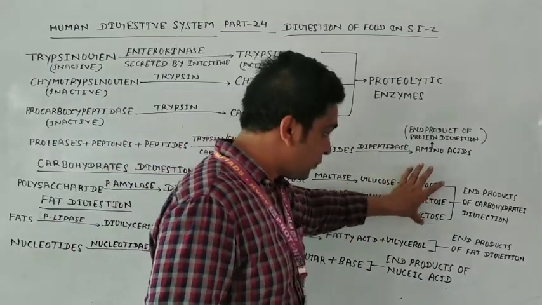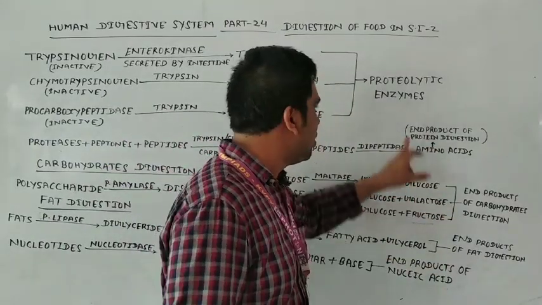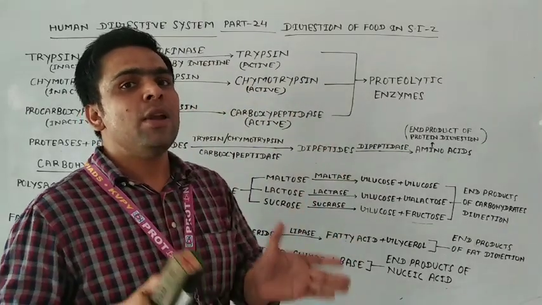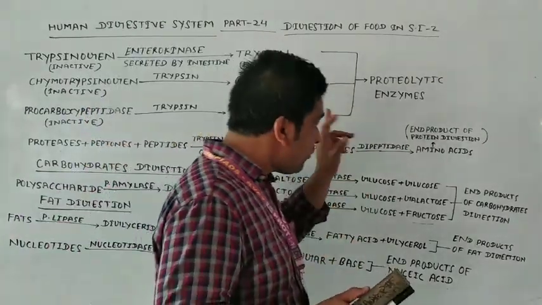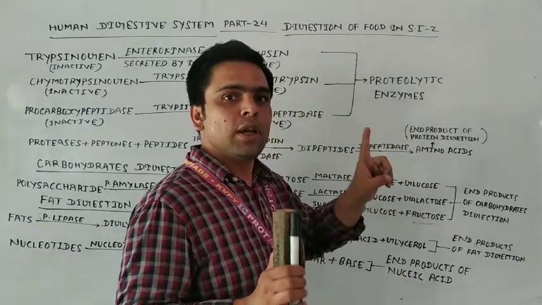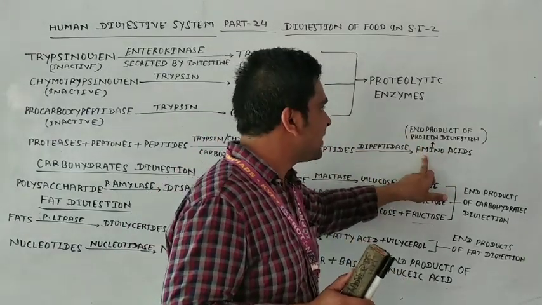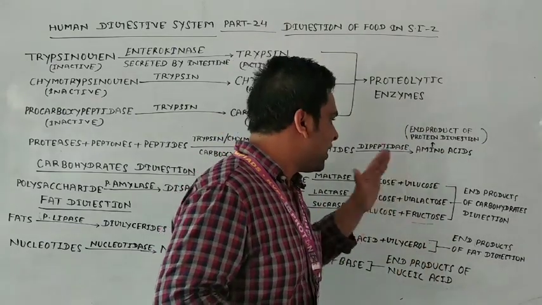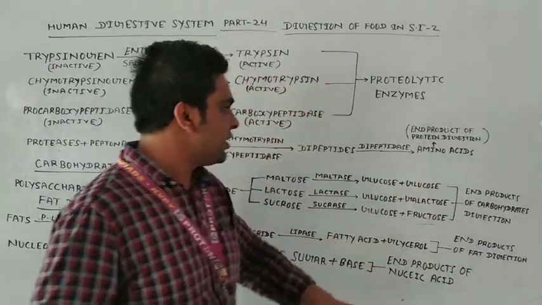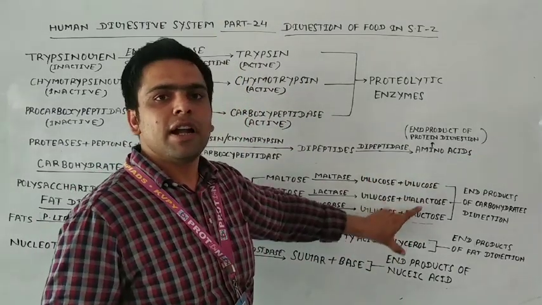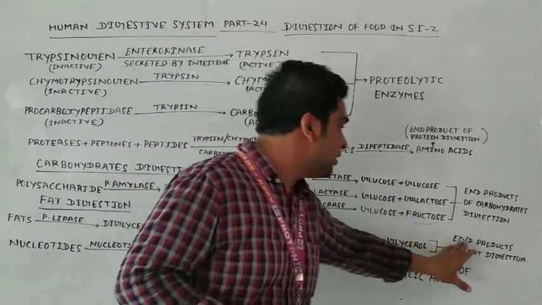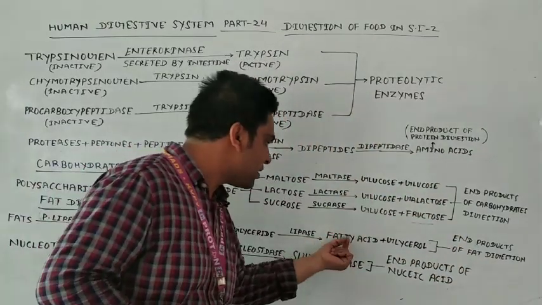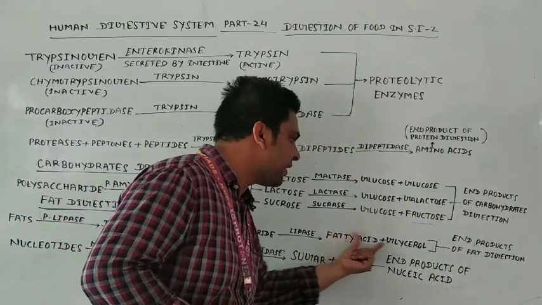If you ask anybody what the end product of protein digestion is, the answer is amino acids. The end products of carbohydrate digestion are the ones we discussed. And the end products of fat digestion are fatty acid and